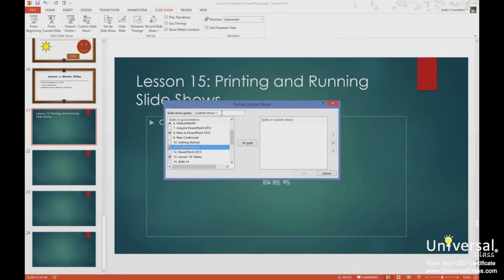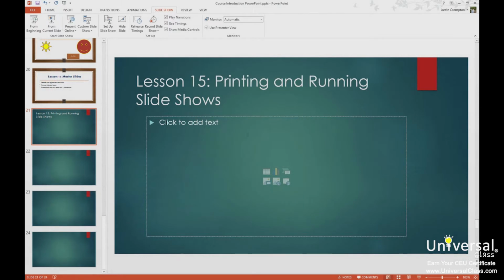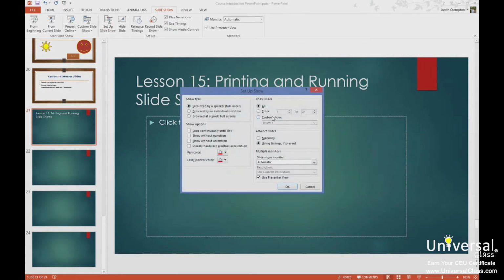Say I want to show these, and I'm going to call this just show 1. And I'm going to add. So there's my show 1. Now, if I want to use this, I go back to setup. If I want to use this, click close, go back to setup show, and now my show 1 shows up